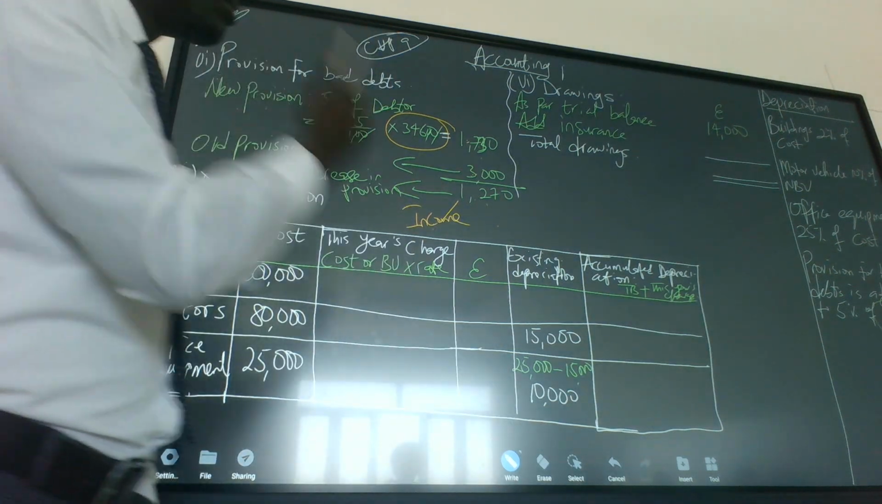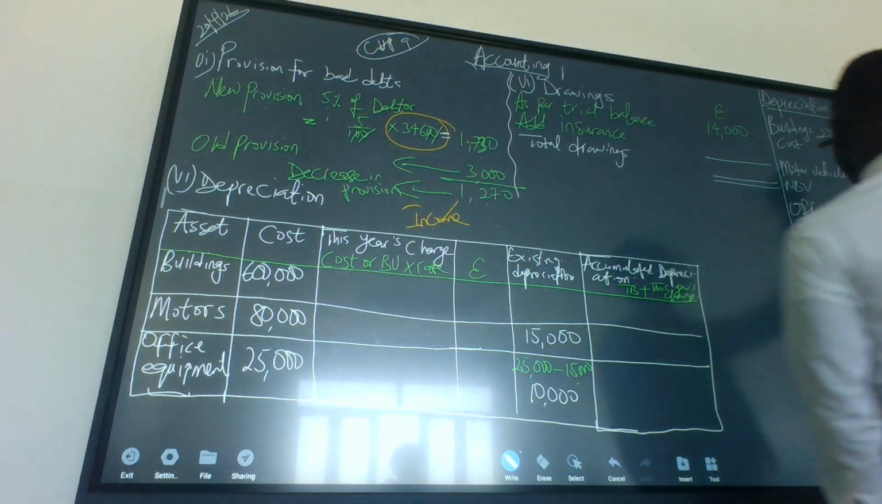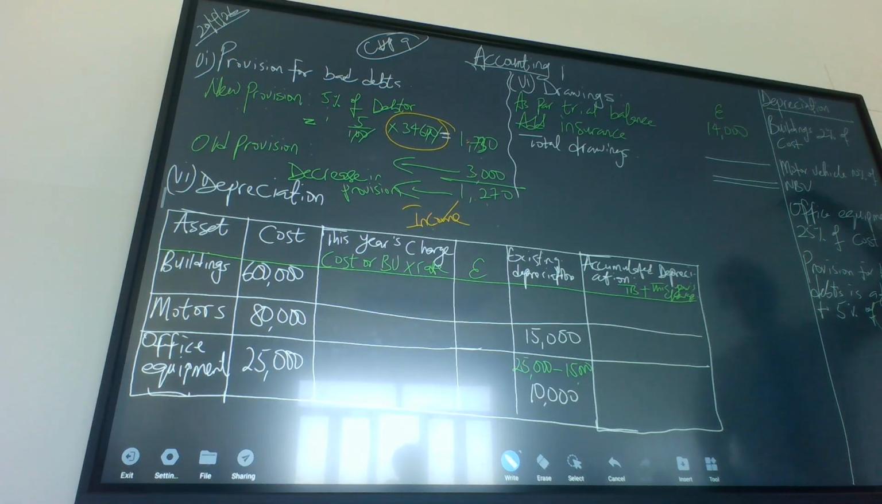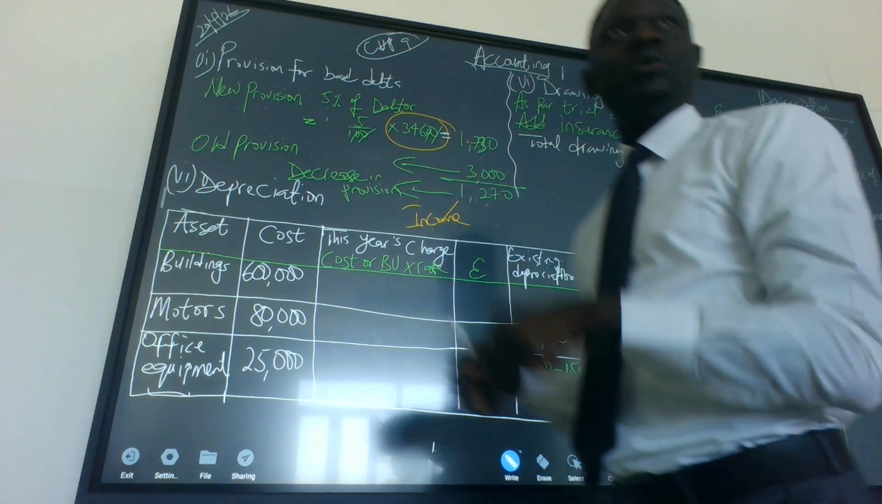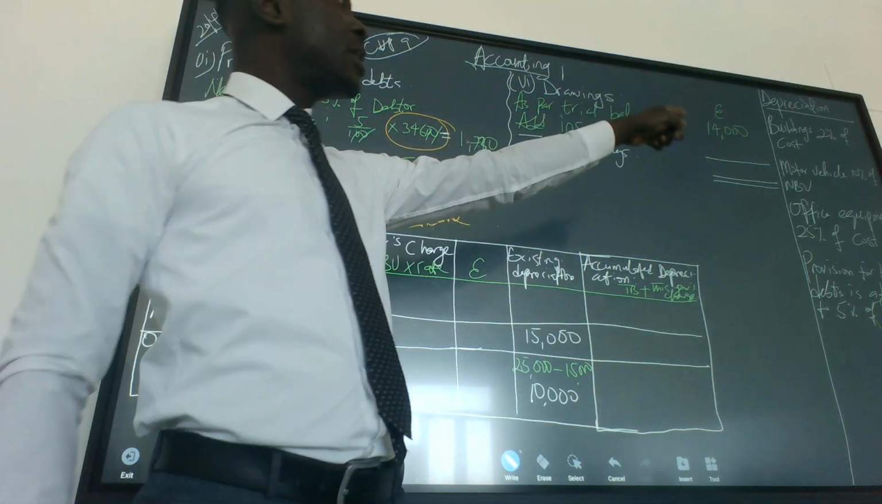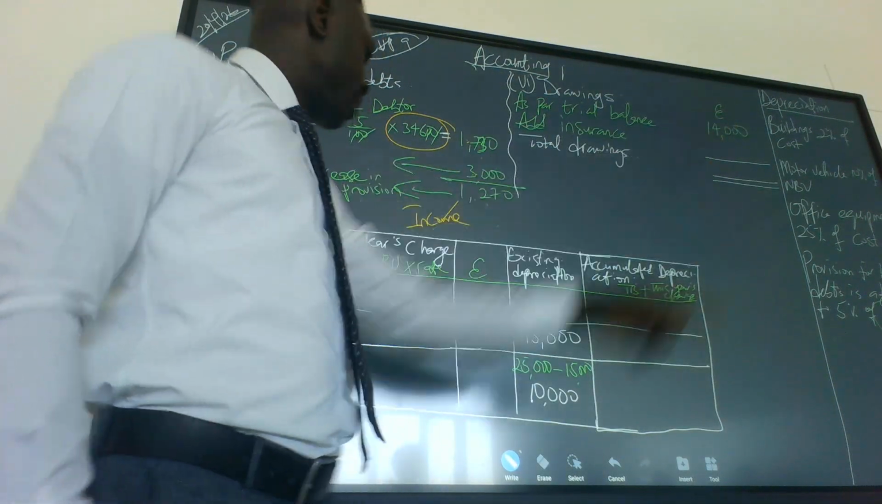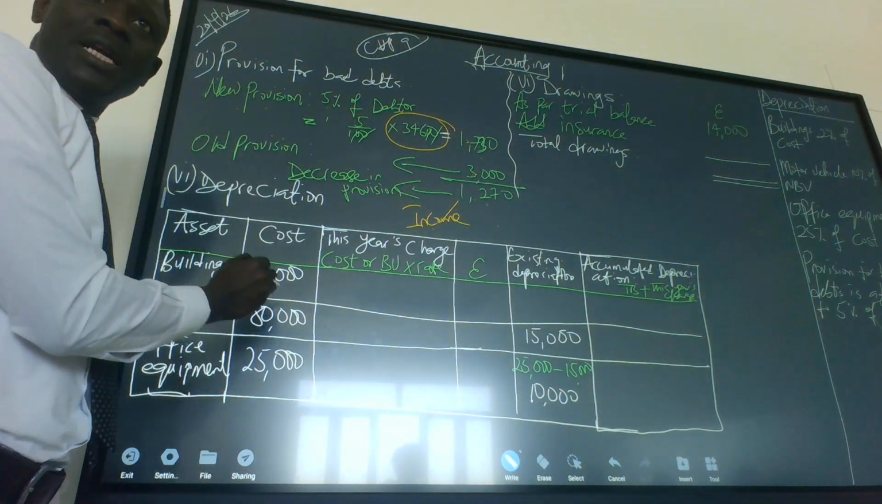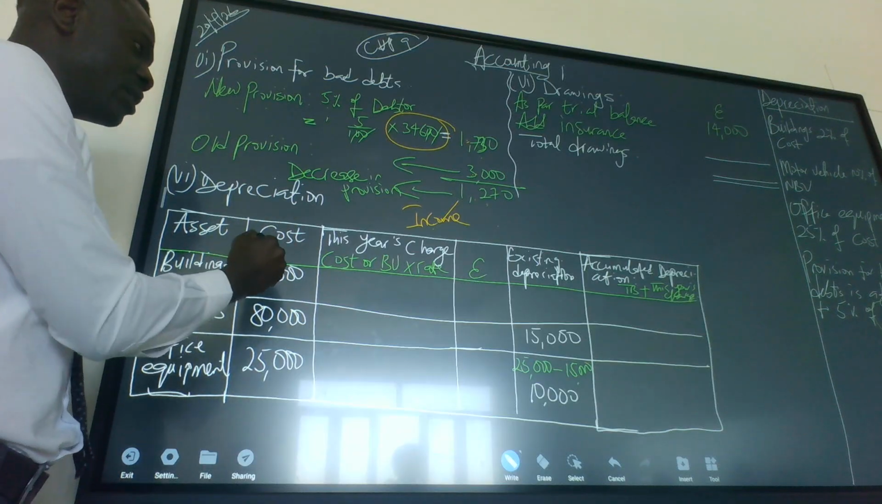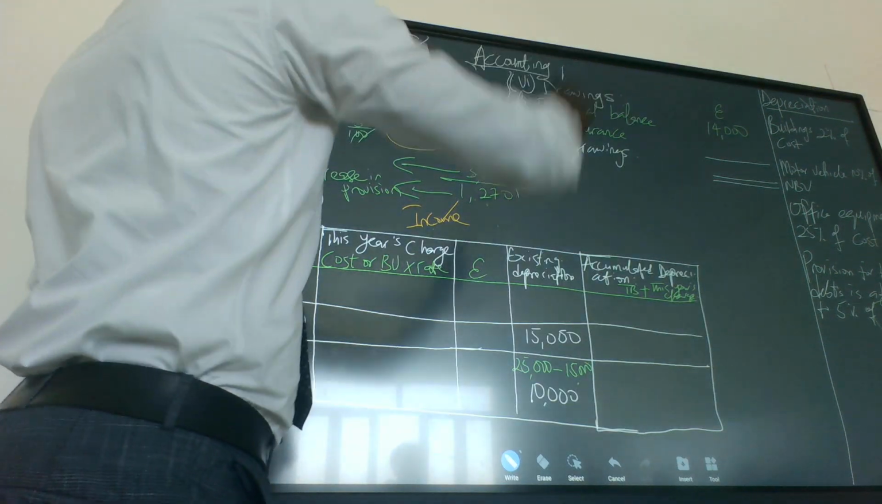Now we go on to depreciation. They said building 2% of cost, motor vehicle 10% of NBV, office equipment 25% of cost. That's how we're going to get this year's depreciation. We need to know this year's depreciation, which is an expense. So the first one is building 2% of cost. Building is 600,000. This is the cost of building. They said 2% on cost, so it's going to be